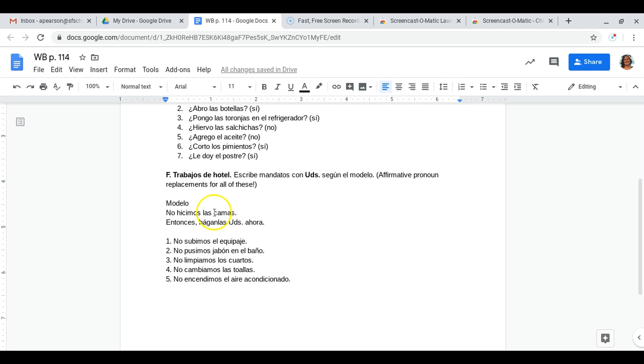Las camas is your direct object. Since it is feminine plural, you are going to replace it with las, and because they are all affirmative commands, you're going to tack it right on to the end. So it becomes entonces, háganlas ustedes ahora. You need to set up each of your answers exactly like the model sentence so that I know that you know what needs to go away. The key for these is